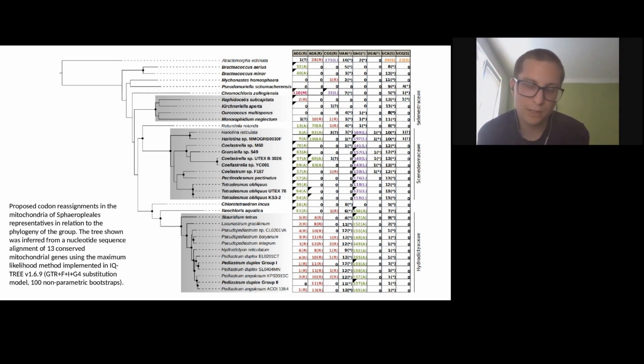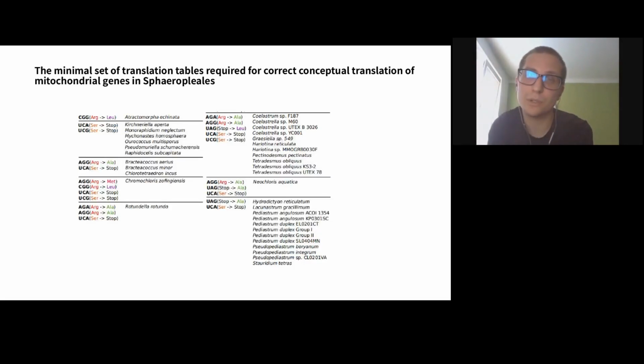At the beginning of this project, only one genetic code was predicted for Sphaeropleales, and it was genetic table 22, which says that UCA is used as a stop codon, and UAG, which normally encodes a stop codon, is used as leucine. It was predicted as the only genetic code for this group of algae. Nobody from this group is using this genetic code, which is really interesting. And we had to define 8 new genetic codes, so people would be able to translate proteins from mitogenomes of this group